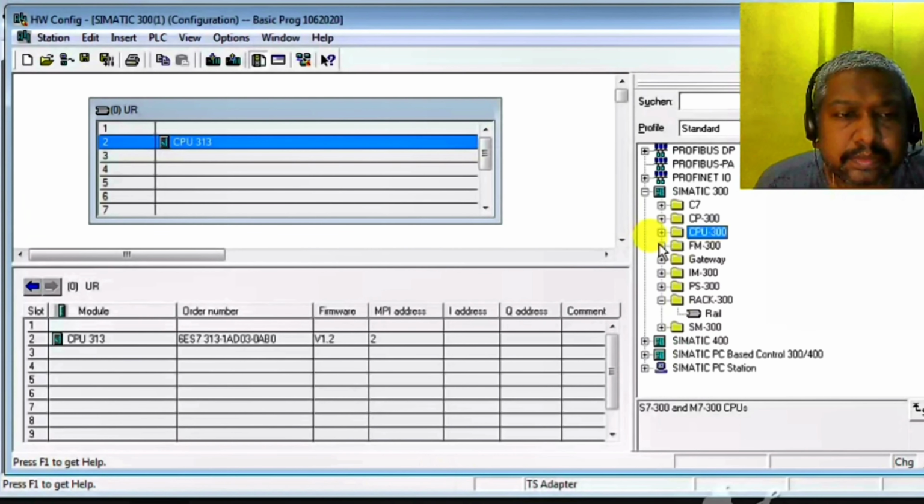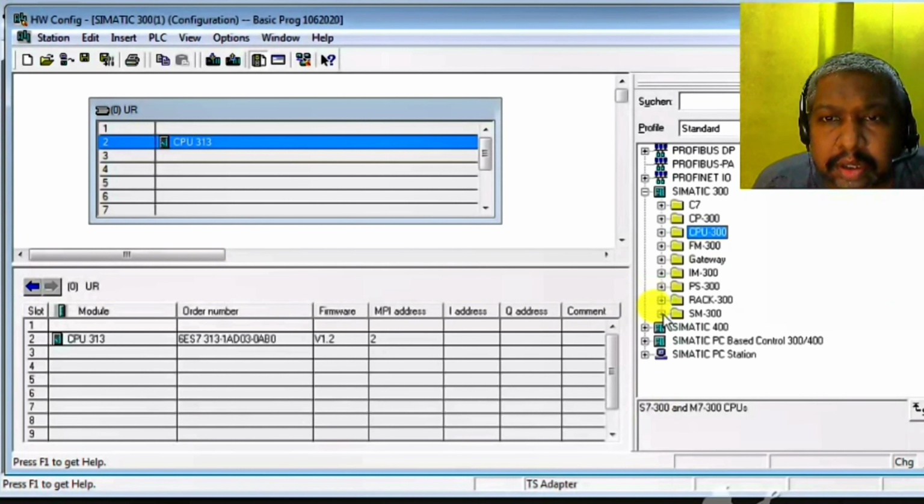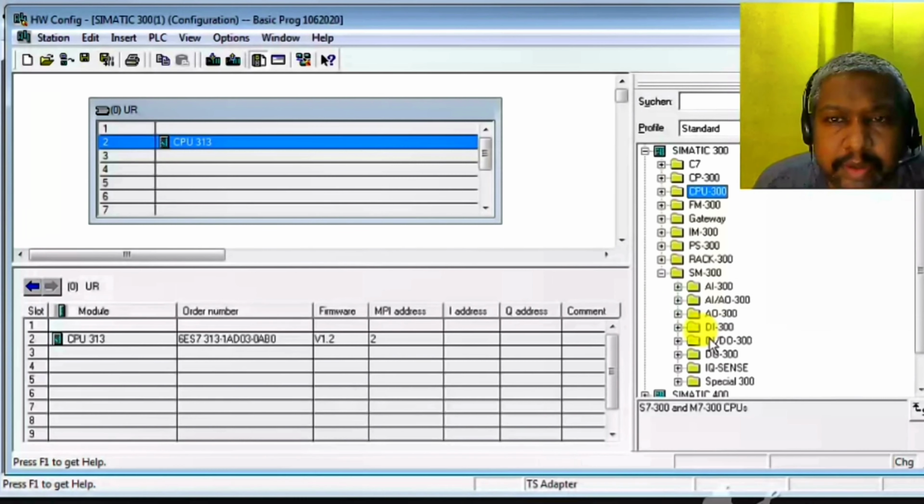This is the basic part, insertion of IOs. Now go to the SM module. Here are different types of IOs: AI analog input, mixed IOs, that means analog input and analog output, AO analog output, DI/DO mixed, DO digital output, DI digital input. Now we insert DI 300.